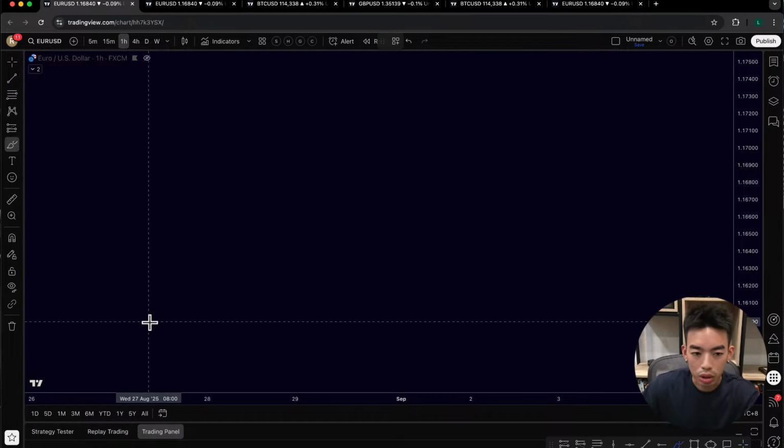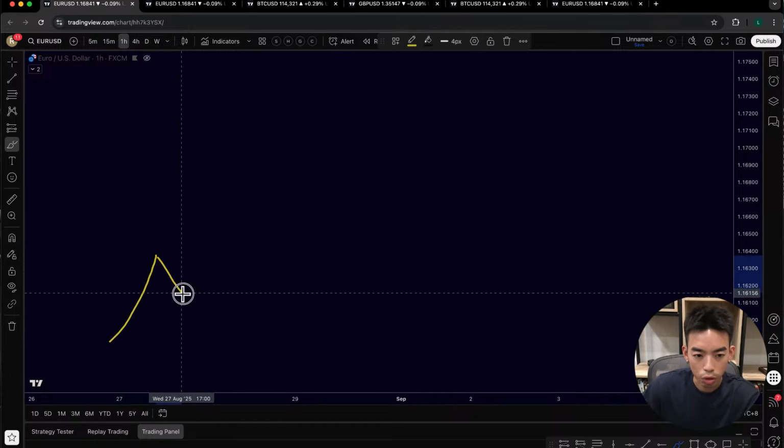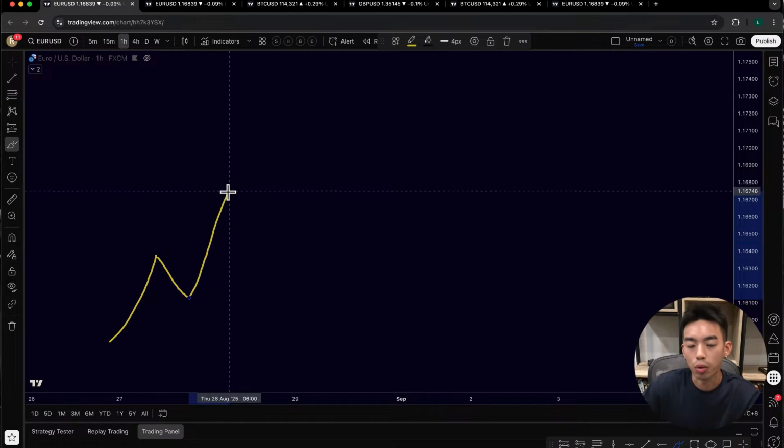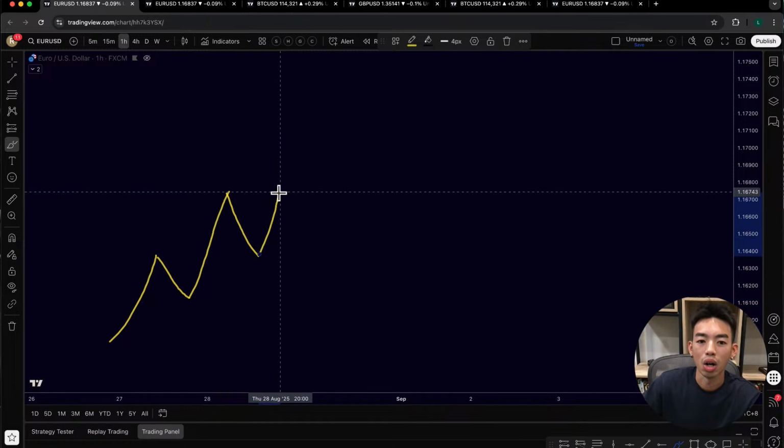Let me take my drawing tool out. I want you guys to participate in this. This is something that's taught by me, Naveen Prithyani, so this is very powerful. Pay very close attention to this. Now, when we have a move up like this, a move coming back down, continuing the move up again, back down, and going all the way up again.